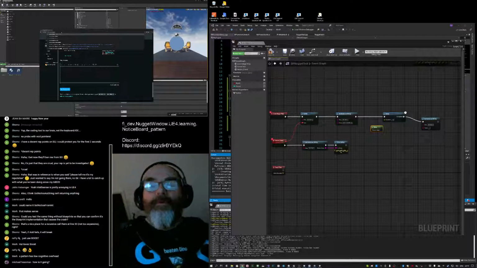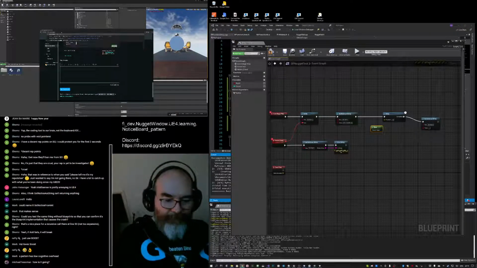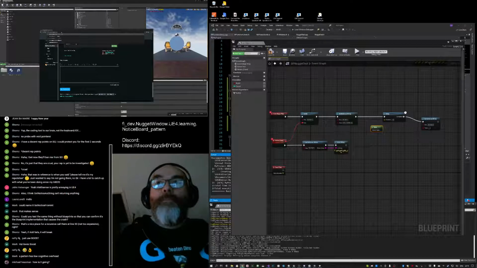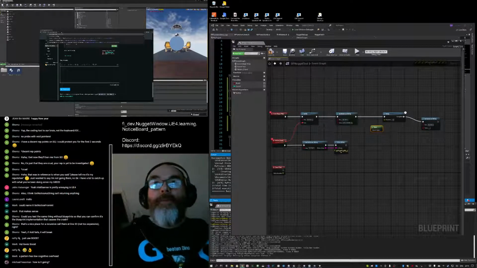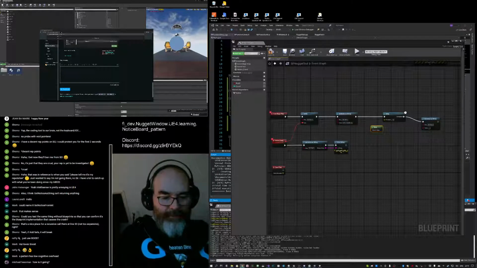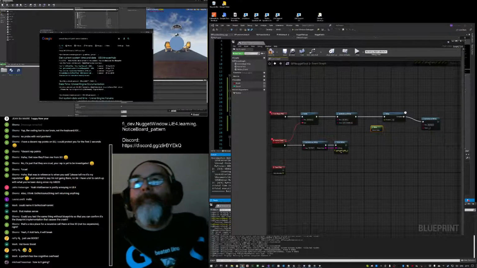Unreal Blueprints. Print current date time.